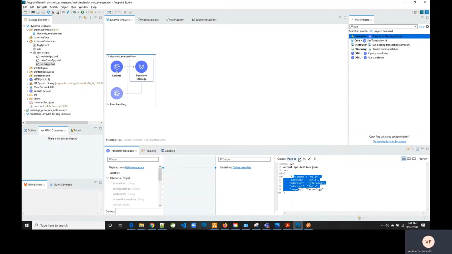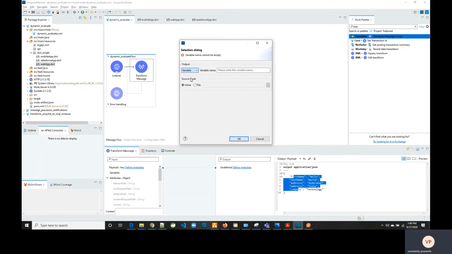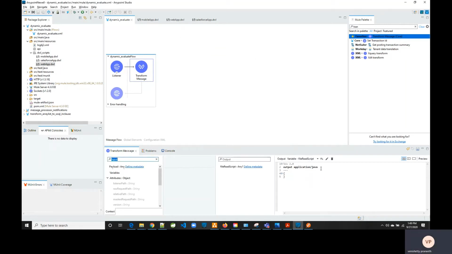Now we have to create a variable called file read script. In this variable, we have a var script path, so we are loading a script from the src/main/resources folder as the path.